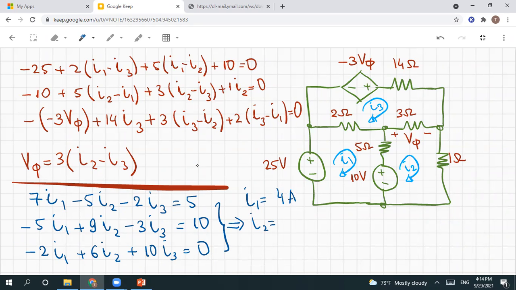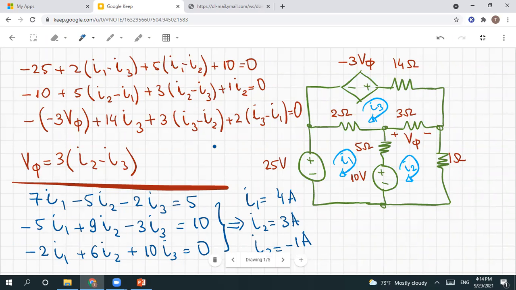I2 will be 3 amperes, and I3 will be negative 1 ampere. So these are the answers if we solve the question. Okay, so the question is, what will be the power